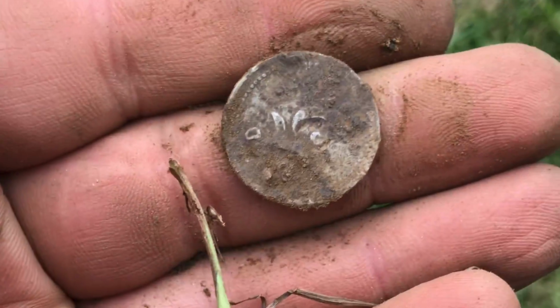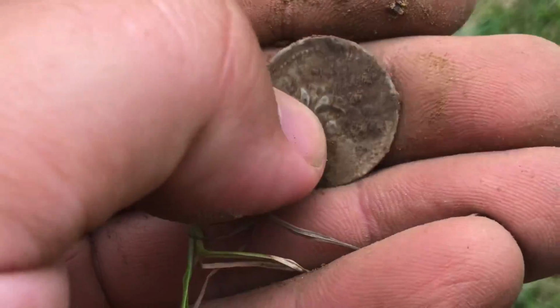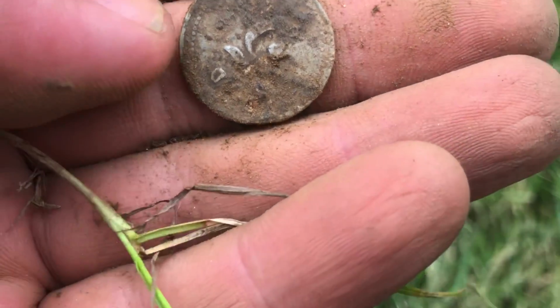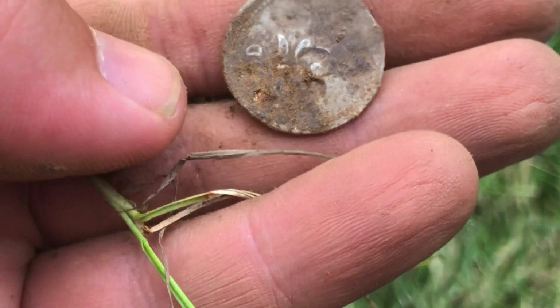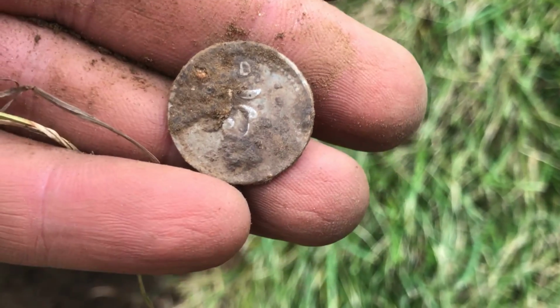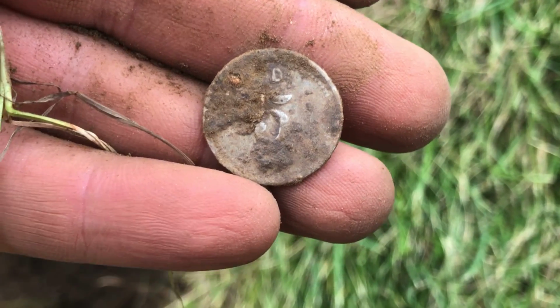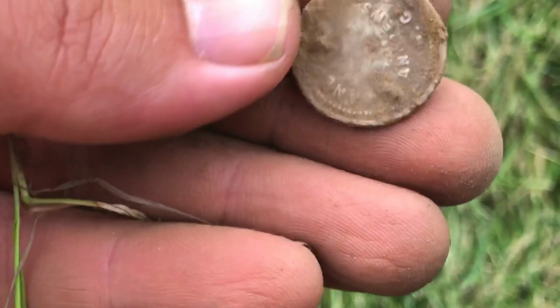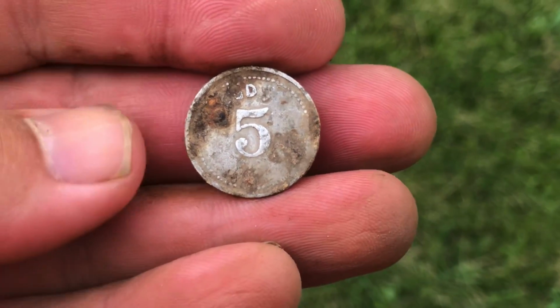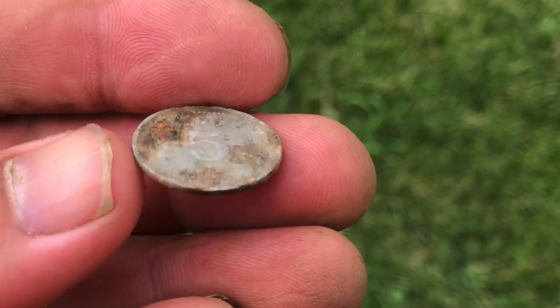What is on that? All right guys, let me do a little spit shine polish on this thing so we can see what we're dealing with here. Oh, there's a 5, duh. Awesome. All right, let me see who made this thing. I think this is a first for me. Well, this kind of hurts a little bit in a way. I mean, I love a token, but